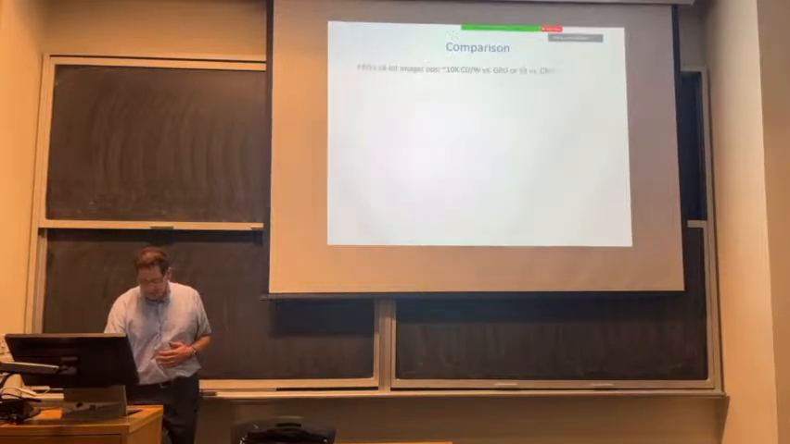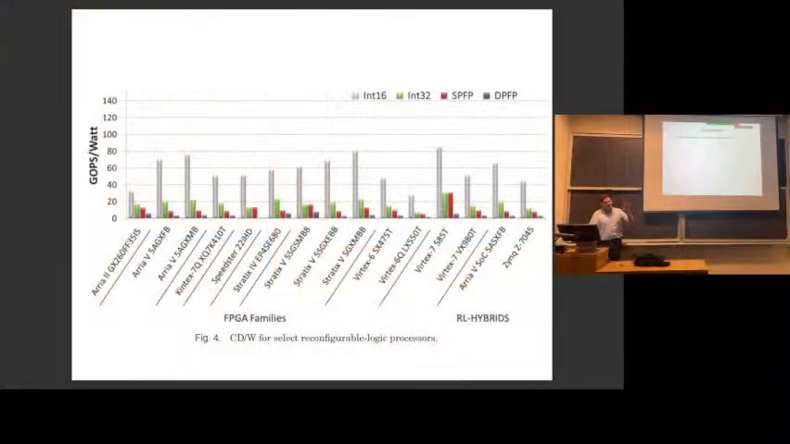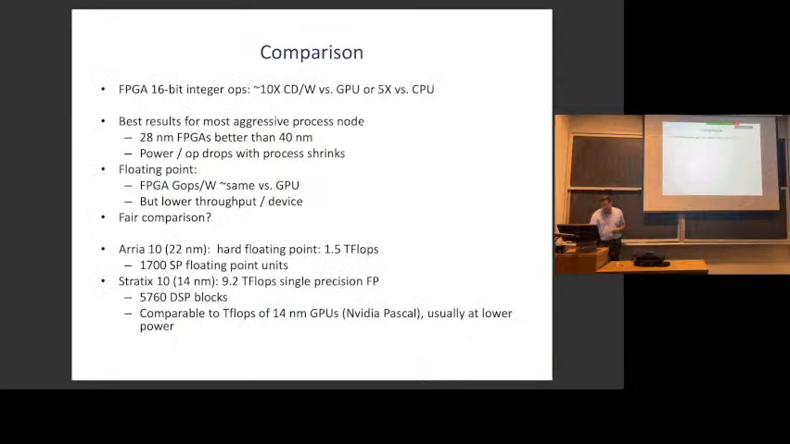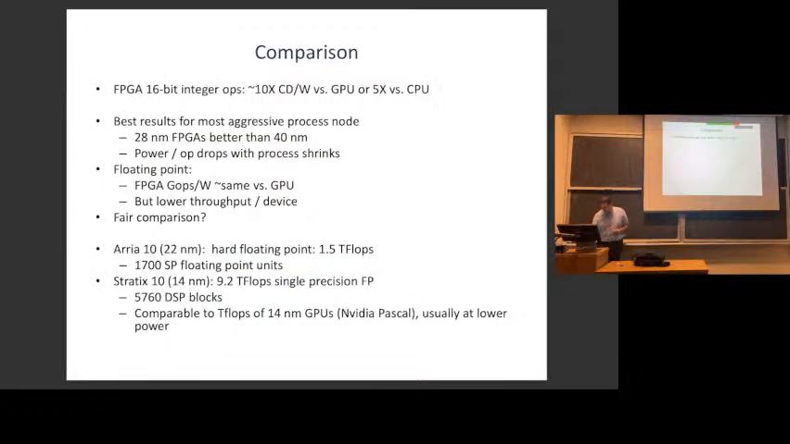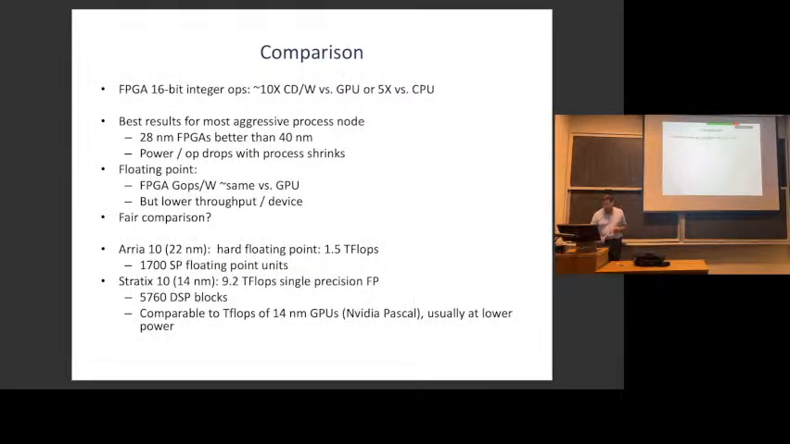Okay, so comparison. I didn't have these on the same slide, so it's hard to tell. But the FPGA on 16-bit integer ops was about 10 times more power efficient than the GPU and about 5 times more power efficient than the CPU. We got best results for the most aggressive process node. So power per operation drops with process shrinks. And again, it takes a lot of effort by the process engineers and the architects to make this happen, but